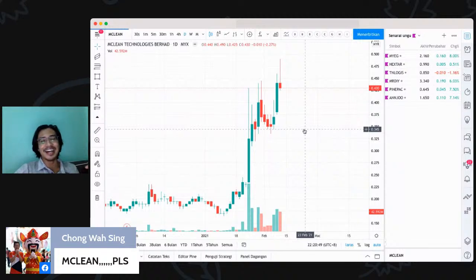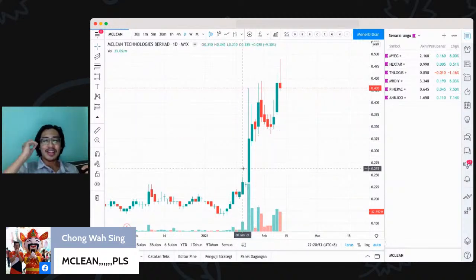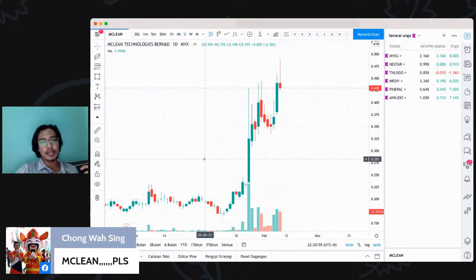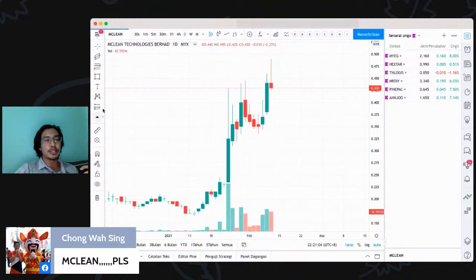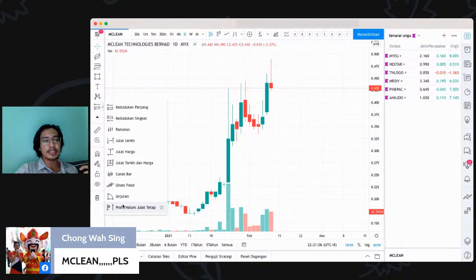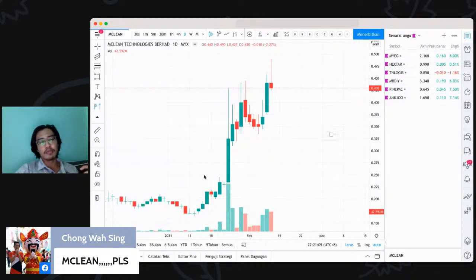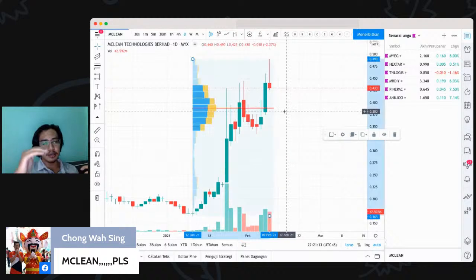goreng tendency lah, right? Okay, so for this sort of counter, I want to see a few things. I want to see where is the concentration of volume. So I use this indicator tool, fixed range volume profile. I want to see the volume concentration. So volume